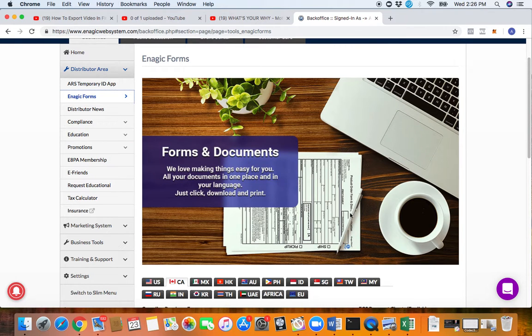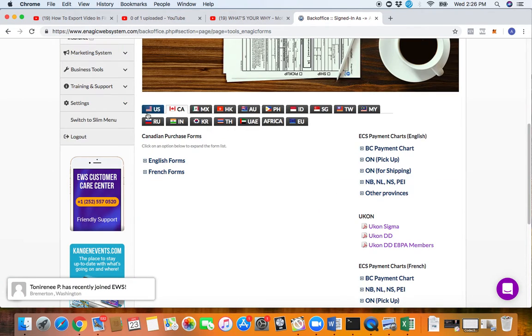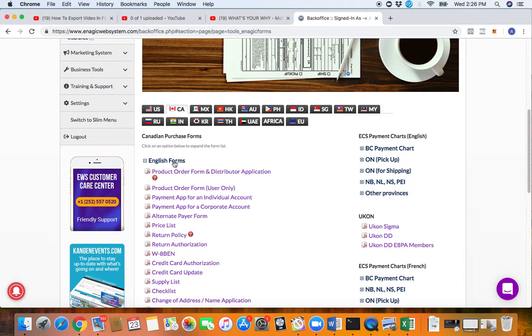So when you go in here, it will actually show you all of your forms: US, Canada, Mexico, Hong Kong, Australia. These are all of our different offices, okay? So you just choose whatever country you're looking for. And then you can pick like your English or French. So go in here and just peruse through them, right? So the ones that we use the most are